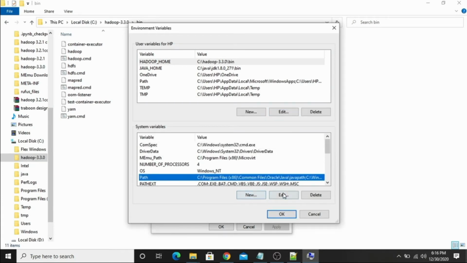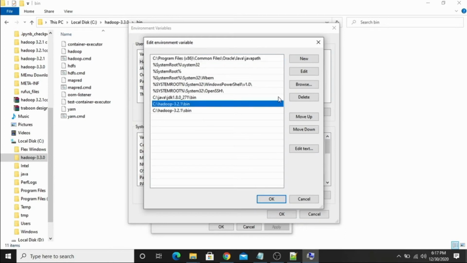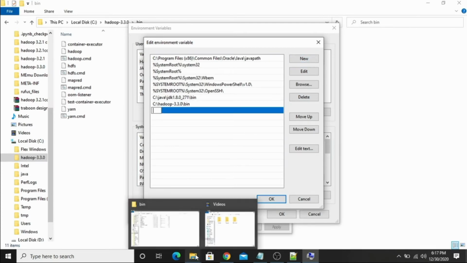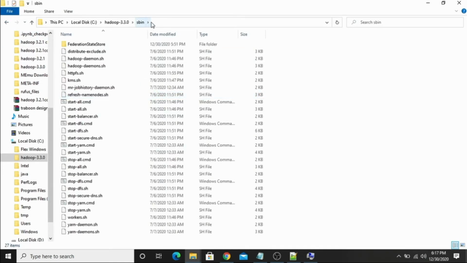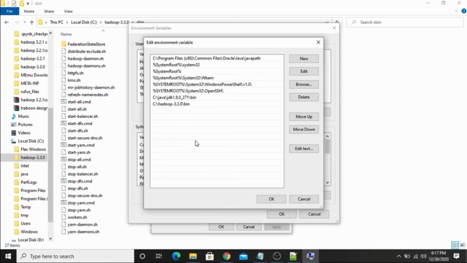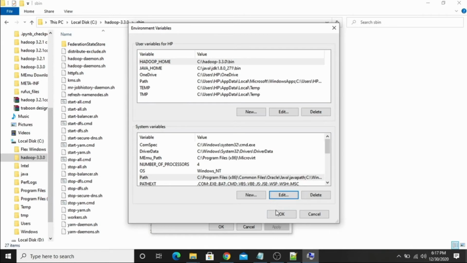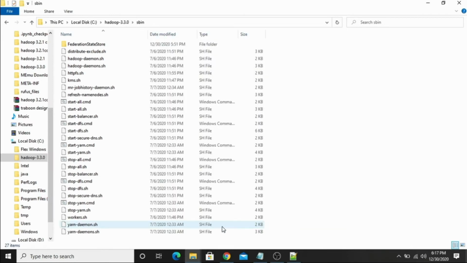Then click on Path and edit. You have to add the 2 paths of the bin folder and sbin. Now add the path of the bin folder here, then add the path of the sbin folder here, which you find inside the Hadoop folder. Copy this path and paste it here, then click OK, then click OK, then OK.